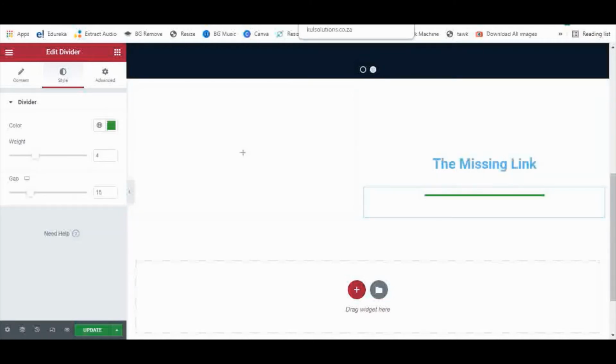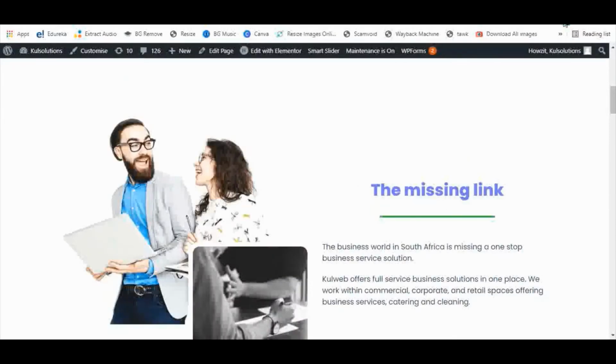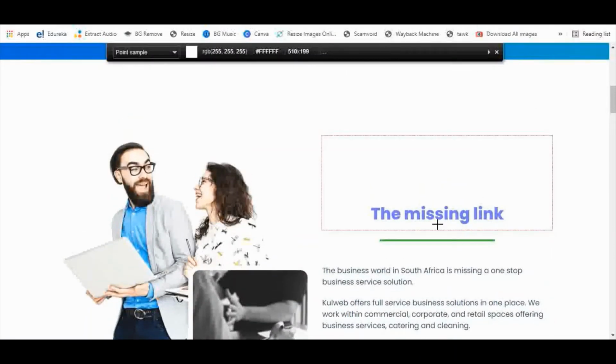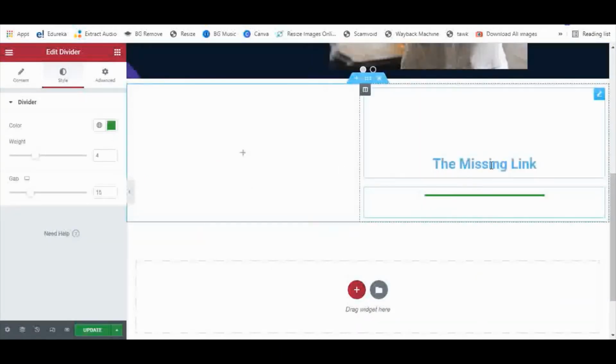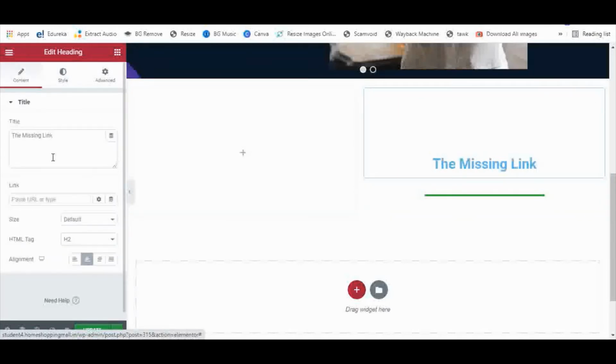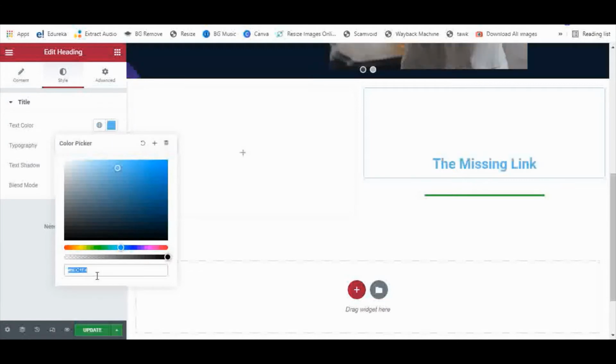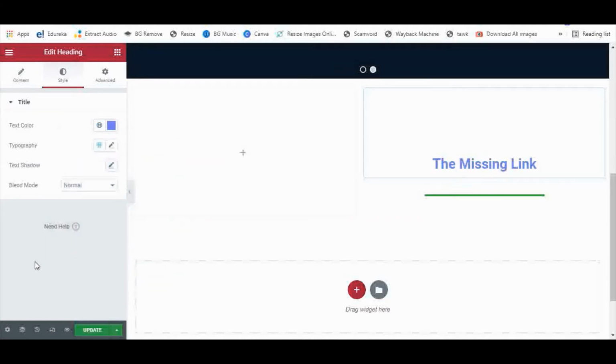So let us also pick up the color for this text with the color picker, and I will pick up the color for the text and go to style. I will add the color here,